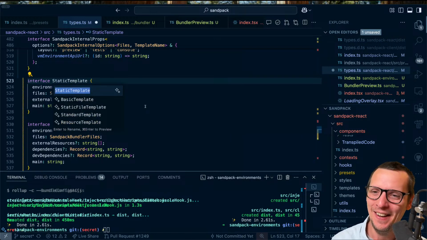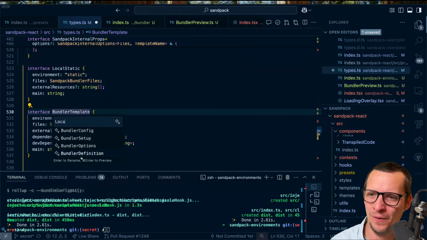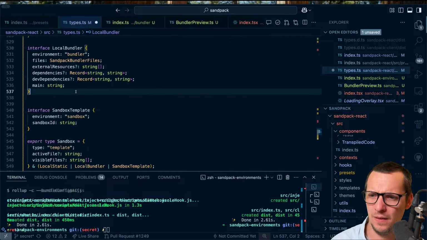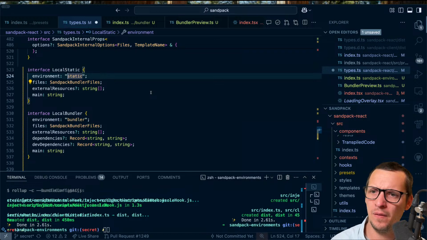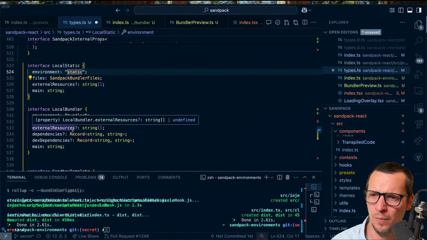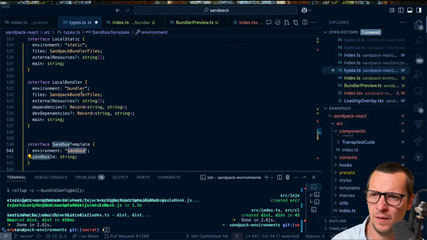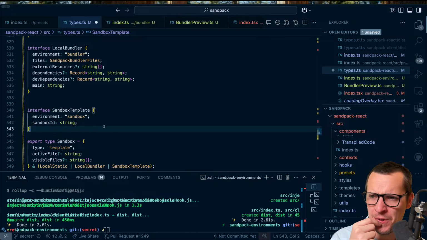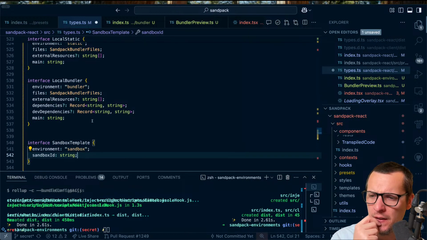Oh my god. Local static. And then local bundler. Yeah, and I think we're actually gonna just call them that. So we have static, bundler, but then the environment for a sandbox is unknown. That's like inferred. So I'm just wondering, like,